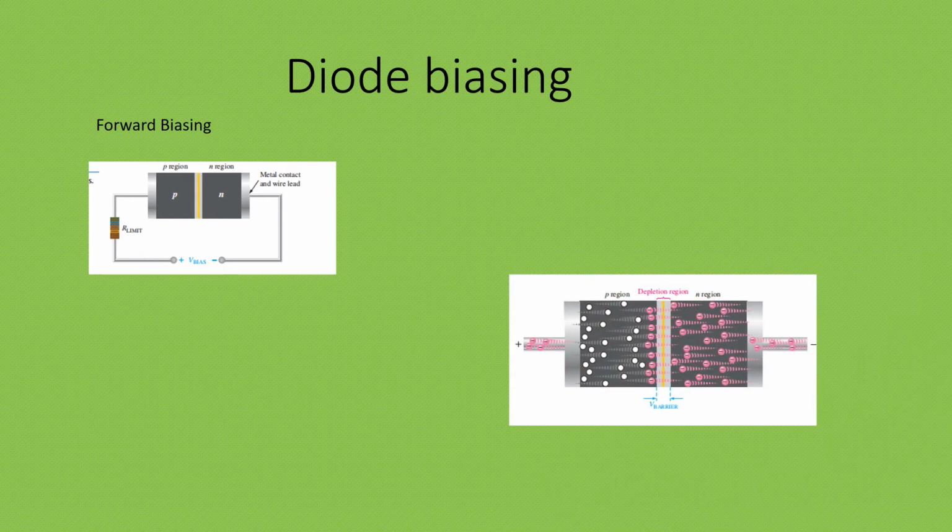Now, forward biasing of a diode. Here you can see that the diode is connected in the forward direction. You can see how the flow of charge particles takes place when the diode is forward biased, and what its impact is on the depletion region. The depletion region has narrowed down due to the forward biasing of the diode. Once this potential is narrowed down or brought down by a voltage of 0.7 volts, there will definitely be a rise in the flow of current from anode to cathode.